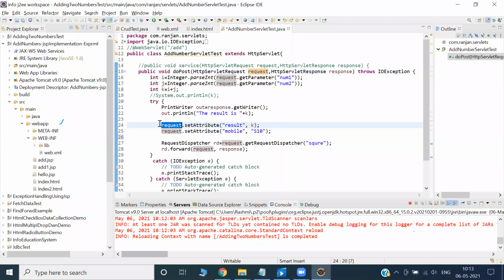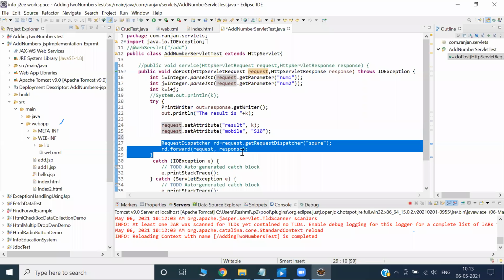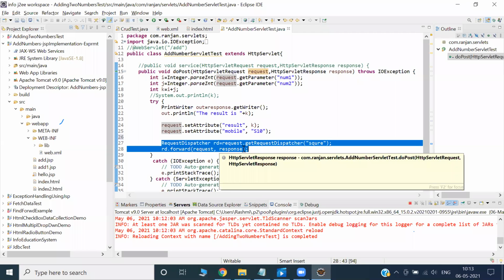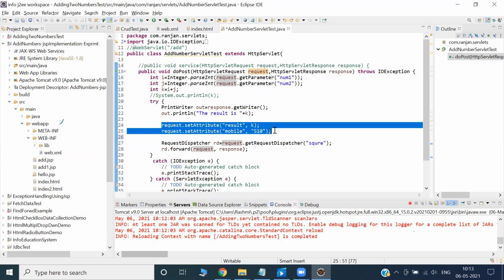I was thinking to complete the discussion about send redirect, because this is the first part, request dispatcher. But there is another way, send redirect. If you understand request dispatcher successfully, and this request object, then it is easy to understand send redirect. But the send redirect story will be a little twisted, a little different. With send redirect, you cannot send this request object from here to there.